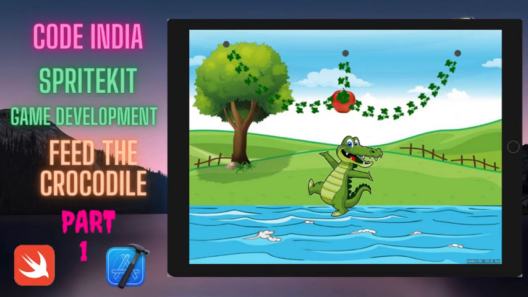Coming to the Xcode project, we are going to create this game. This is part 1. We will be doing the hanging of the fruit, the crocodile animation, and the background with the water, and we will be completing this project in our second tutorial, or a third tutorial if needed. So let us begin with Xcode